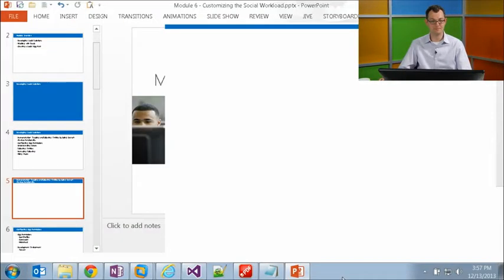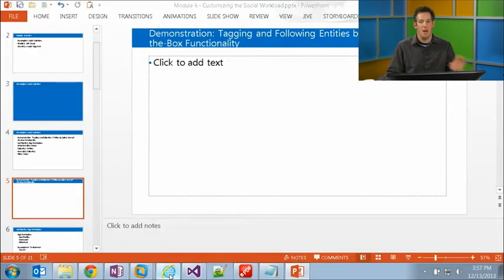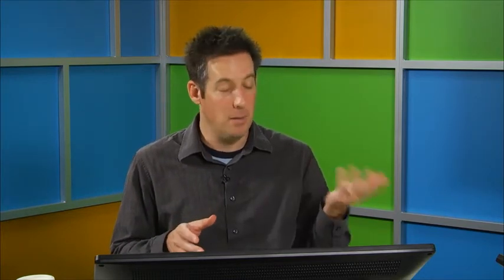Perfect. Now, as you're kicking over there, one of the things that's worth highlighting real quickly here, what Tom's about to do, is he's going to go in and take a look at things inside of the UI. If you've been doing SharePoint 2007, 2010, you're probably already familiar with things like user profiles and that little bit of a news feed that we had in particular with 2010. All of this has been greatly enhanced now in 2013, so that if you're familiar with things like Facebook and Twitter, you get a lot of that same functionality inside of SharePoint now,